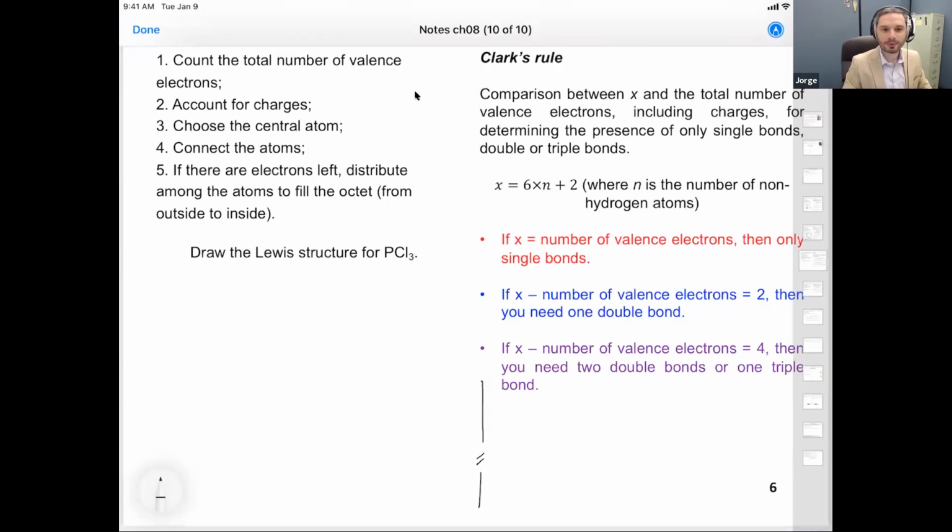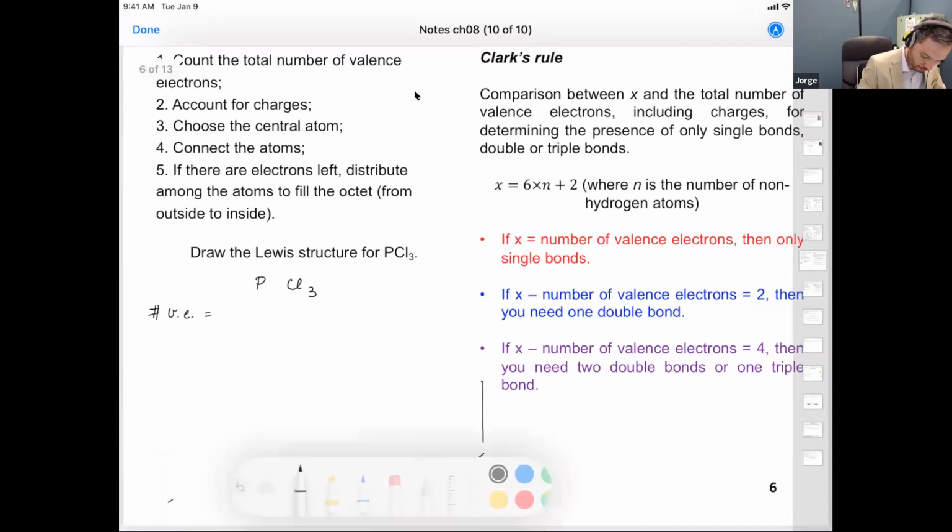Okay, so let's start solving this problem. Our goal here is to draw the Lewis structure for PCl3. The first step is to count the total number of valence electrons. Number of valence electrons is going to be equal to